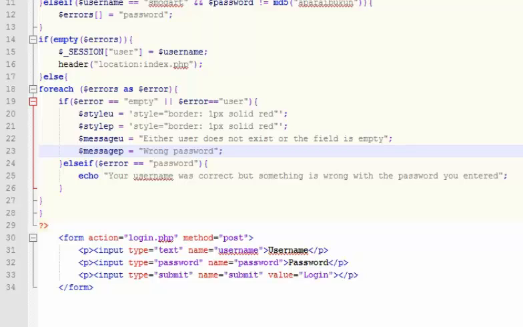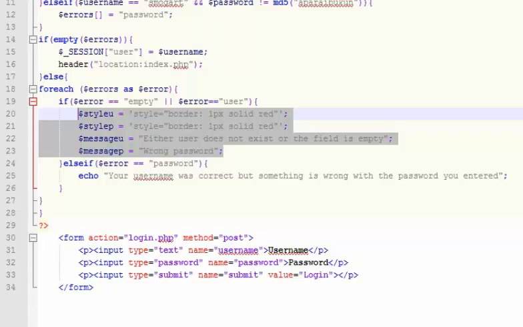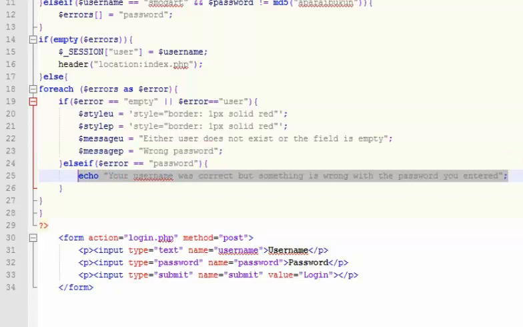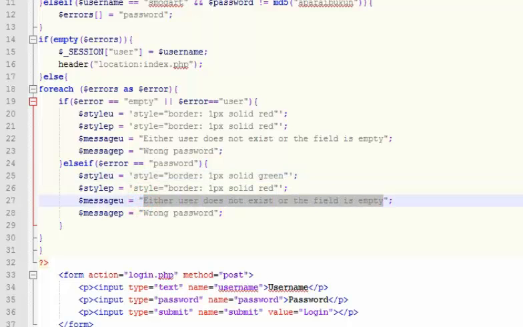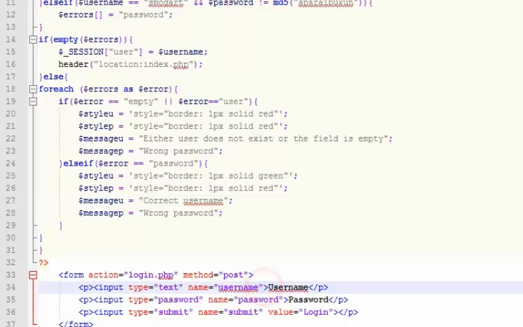This won't do anything right now, so I'm just going to copy this and come down here. Now nothing is actually wrong with the user, so we just change this to 1 pixel solid green. And the user is actually correct, username but wrong password, that remains the same. So all we have to do is just come down here and just say php echo star